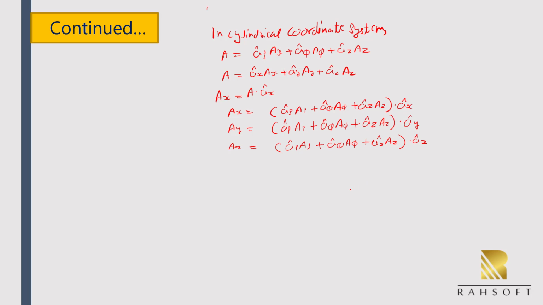Now considering these dot products, we have A_x equal to dot product a_rho and unit vector a_x, times A_rho, plus unit vector a_phi dot product unit vector a_x, times A_phi, plus unit vector a_z dot product a_x, times A_z,